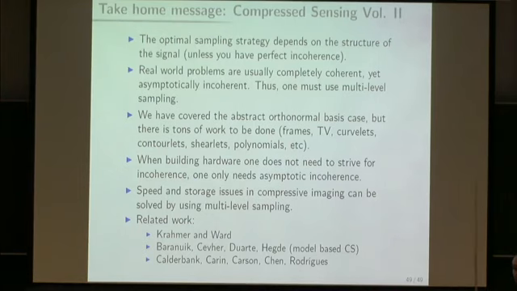It is totally fine. And this is the key thing, because if we actually wanted to have an MRI machine that would actually give us random Bernoulli or random Gaussians, it is not needed. And also, more importantly, you get worse results. So I would actually keep the MRI machine exactly as it is, and we will tailor the sampling. So we're not going to strive to make hardware that will actually give us perfect incoherence. Speed and storage issues can essentially be solved by using fast transform and multi-level sampling in compressive imaging with Hadamard